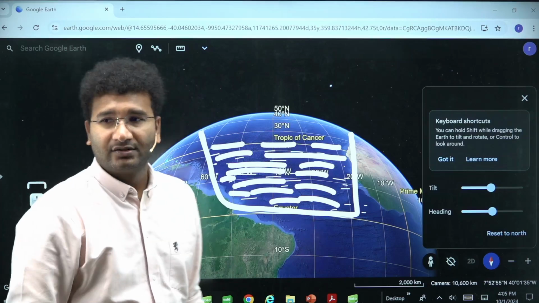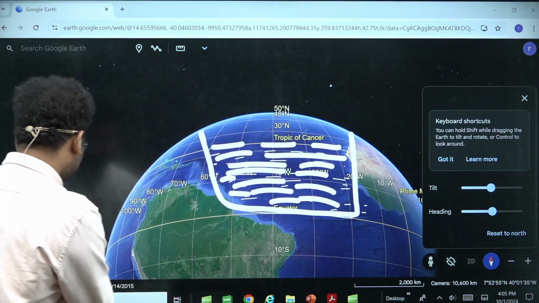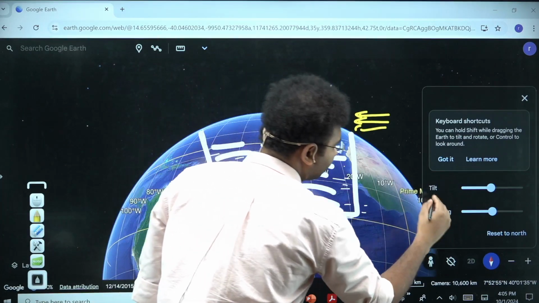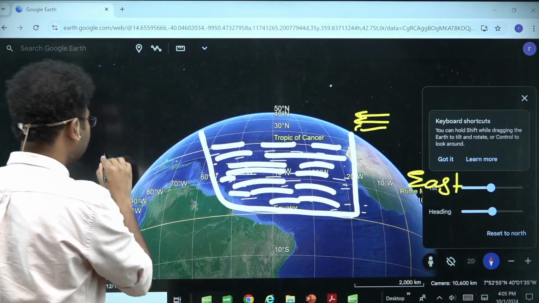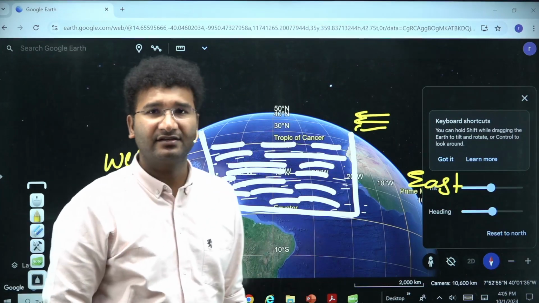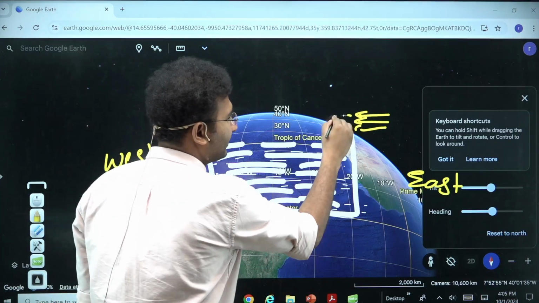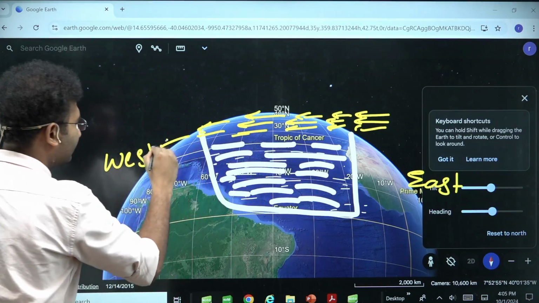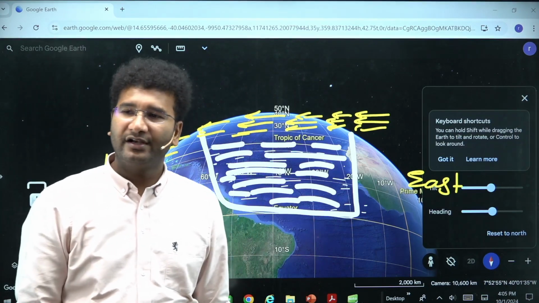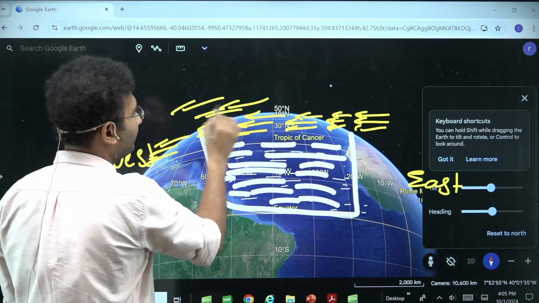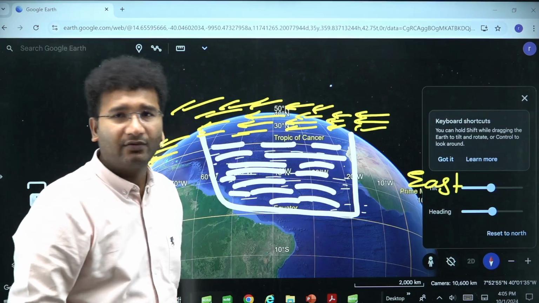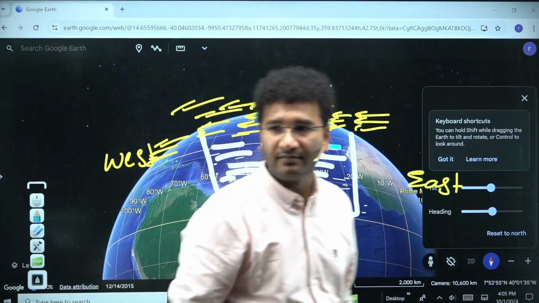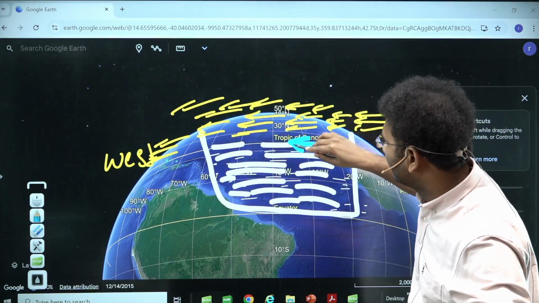right? So between the tropics, you look into tropical latitudes, the winds that are coming, what kind of winds are these? They are easterlies. That means, let's say this, let me call this east. Now let me call this west. The winds which are present in this region are easterlies, right? Suppose these are the winds which are moving from east to west. They'll go around the earth like this from east to west. I already told you the wind that is moving is the same wind which will help in moving the water. Now you tell me, don't you think the water which is there will also move in the same direction? Here the water is also moving in the same direction,